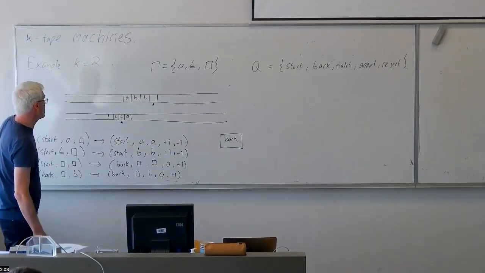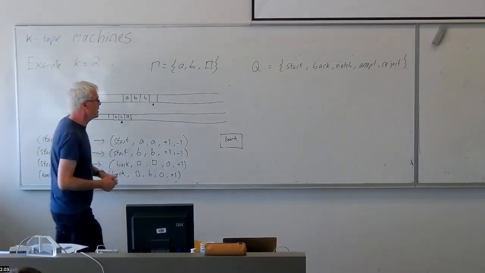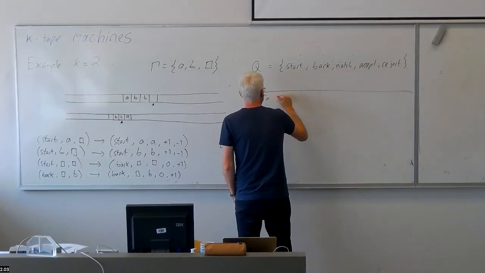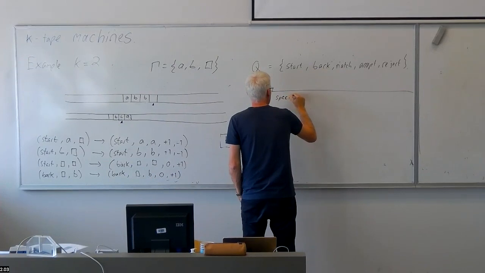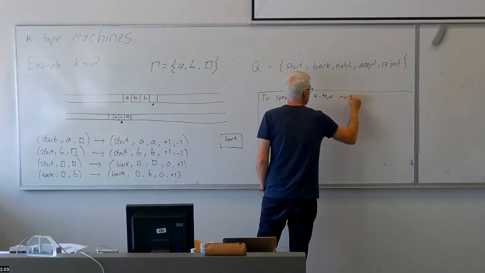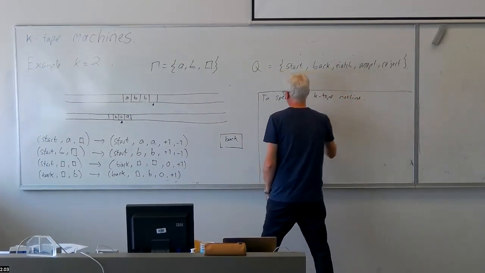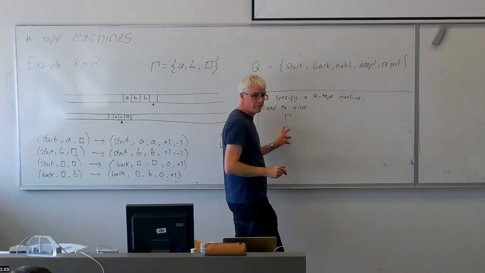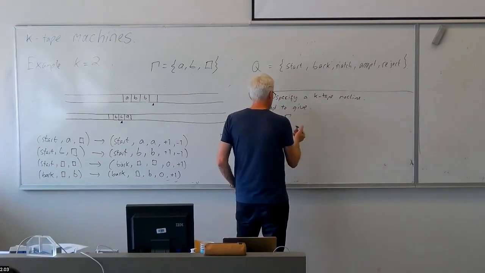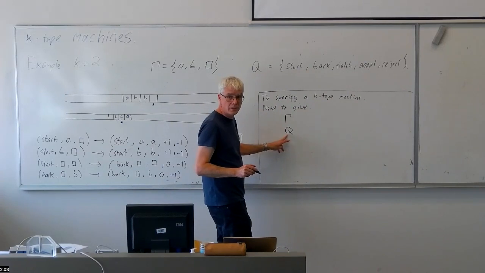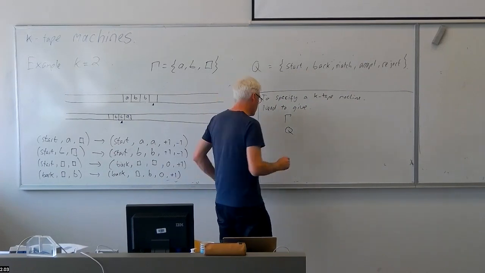So in general, to specify a k-tape machine, what do we need to give? We need to give the tape alphabet Gamma, with again the blank symbol contained in the tape alphabet. We know that, so I'm not going to write down that information again. A finite set of states Q, and the transition function,